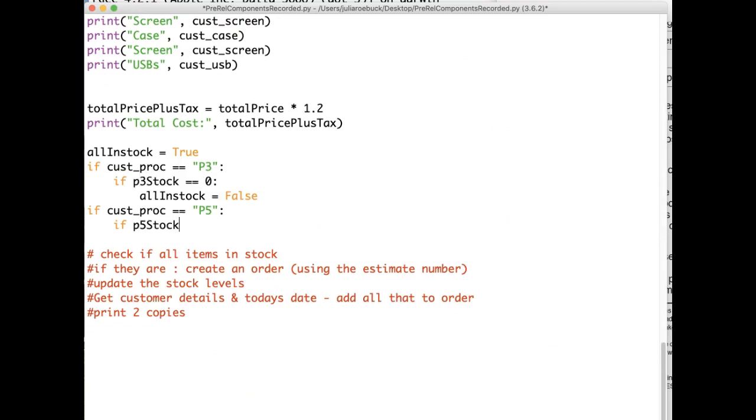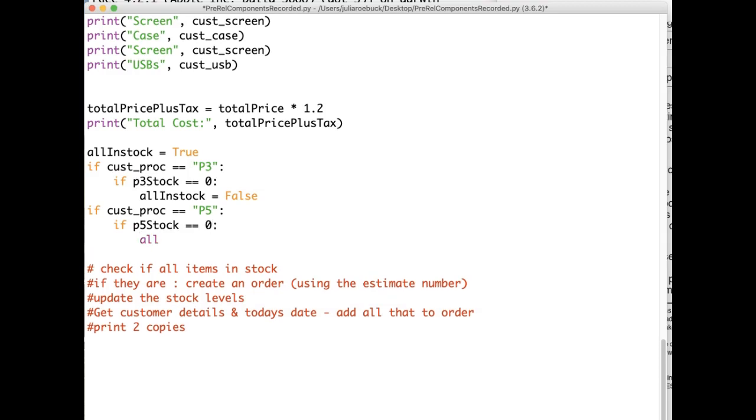So if the P5 stock is equal to 0, then all in stock is going to be equal to false, etc. Now this is going to take quite a lot of coding. What we could do, we could have this separate,